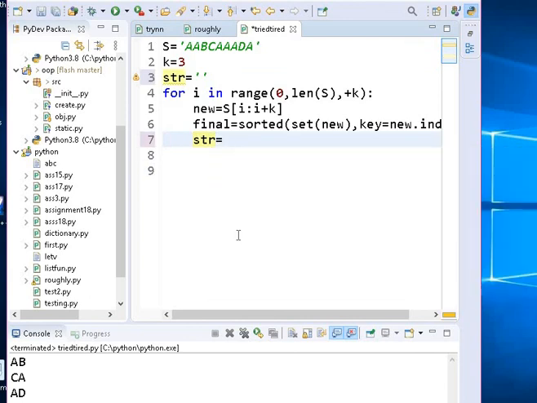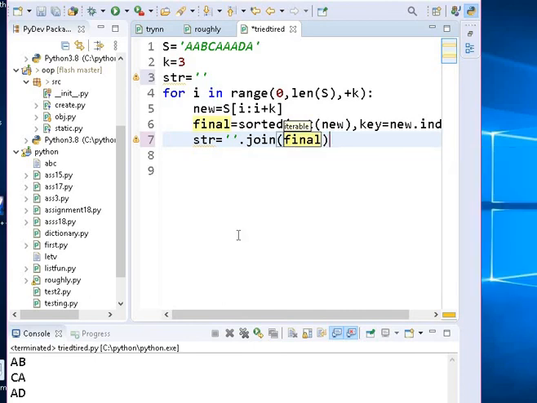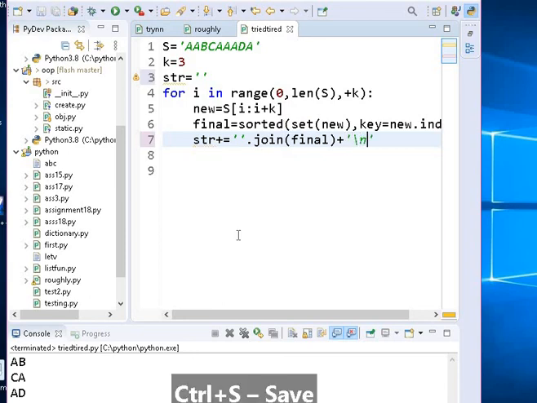Here equal to dot join. What are we going to join? Final. And we are adding it to a string, right? In a new line.